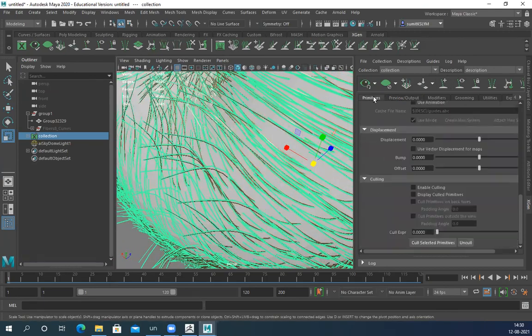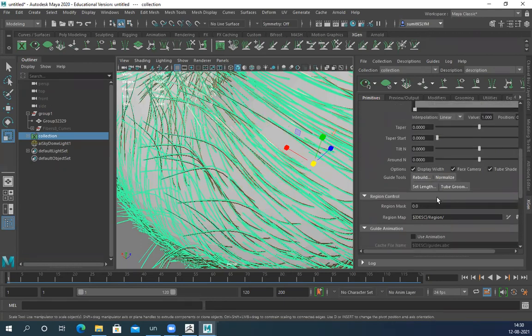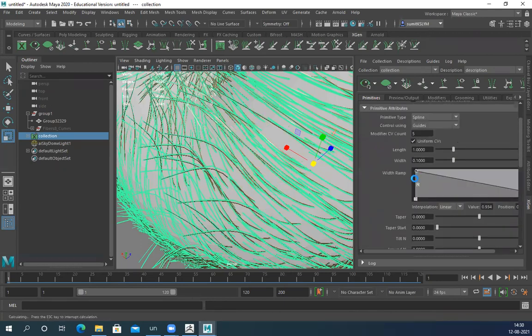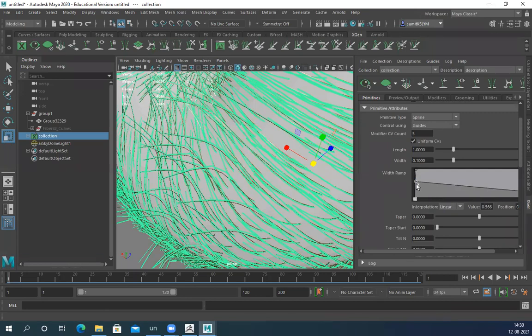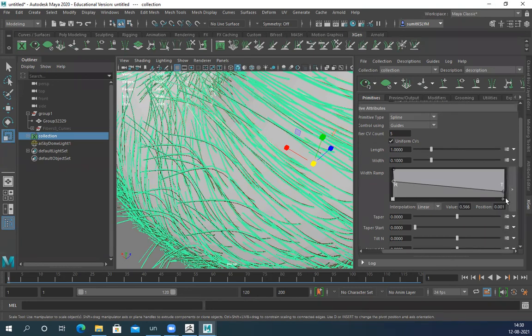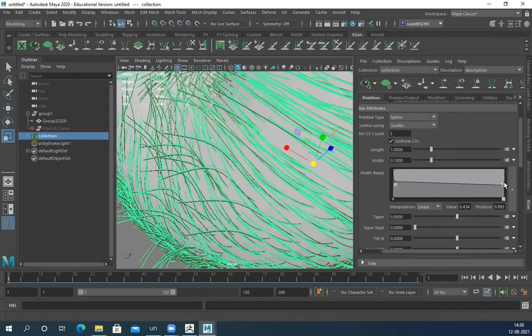It's visible here. It's working perfectly.